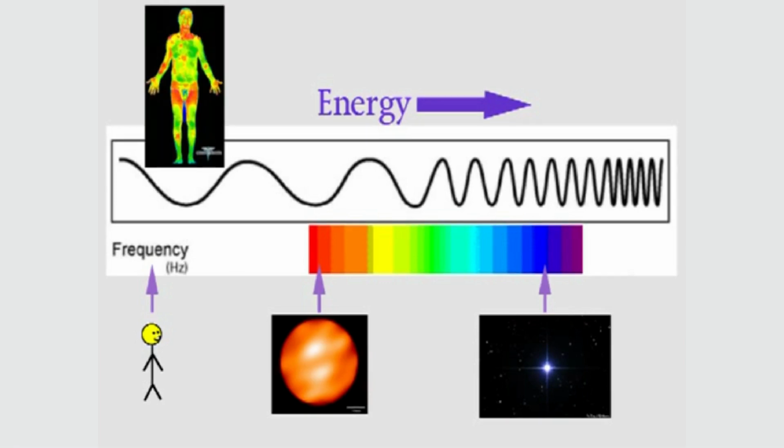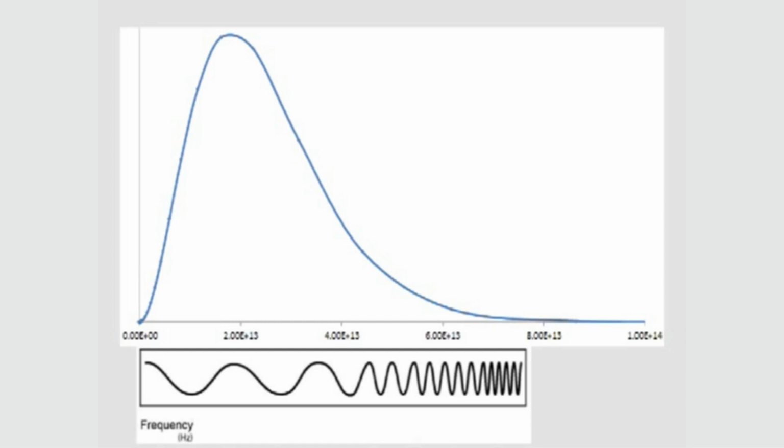There's an equation relating the temperature of an object to the frequencies of light it gives off. It's called the Planck equation, and it imagines stars to be like idealized objects called black bodies. We won't worry about that equation in this class, but it's something we'll talk about a lot in the physical chemistry course, which I hope you'll take someday. Here's what you get. This graph has frequency down here, and the height is energy. This is for a black body at 98.6 degrees Fahrenheit, so basically, this is the spectrum of light that your body's giving off right now.